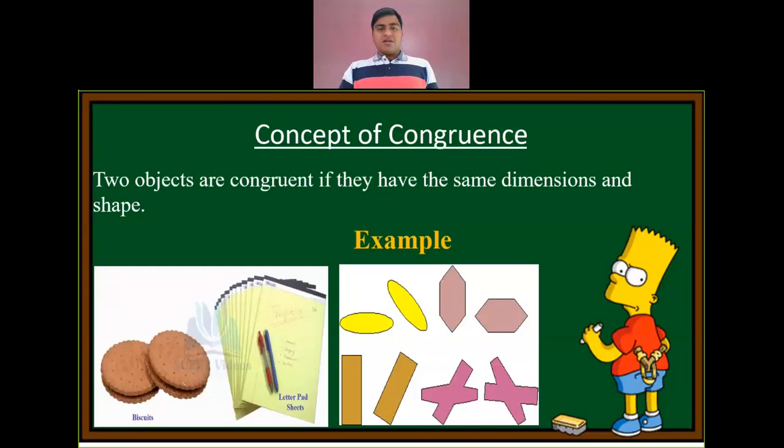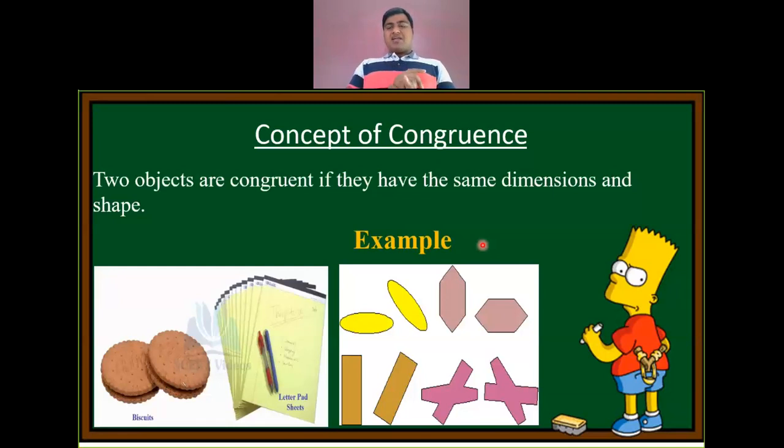Now in this chapter we discuss congruency of a triangle. Already we know congruency means two figures have same size and same shape. In a triangle there are three sides and three angles. Then if two triangles are congruent, then the corresponding sides and corresponding angles are equal. So if the corresponding sides are equal and corresponding angles are equal, then the two triangles are congruent. So now we verify on 6 criteria: three sides and three angles.